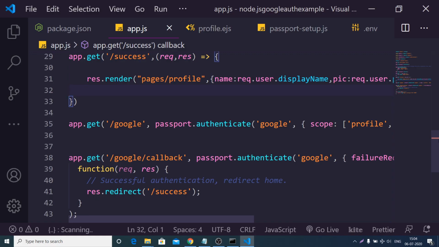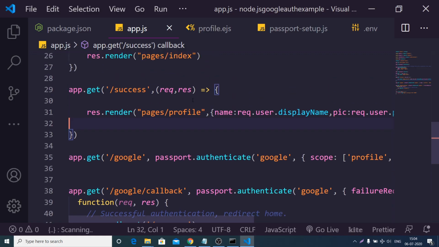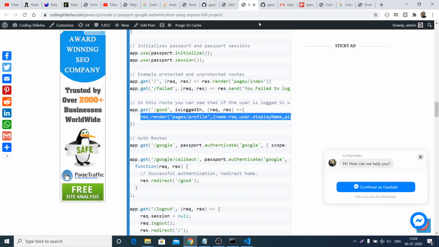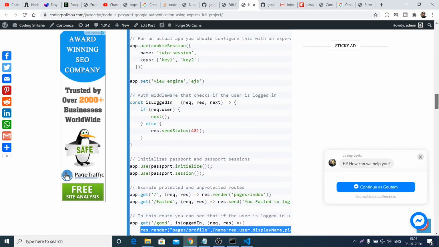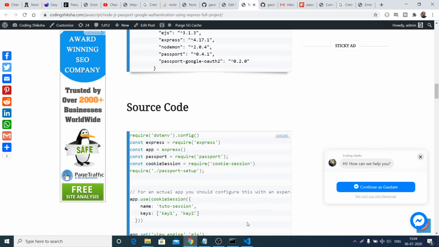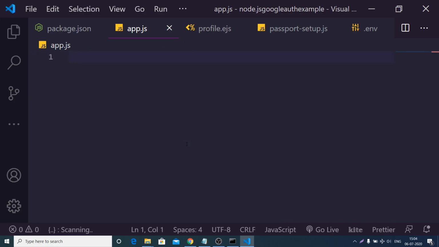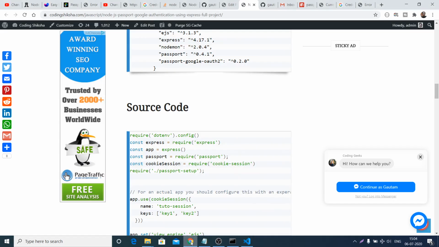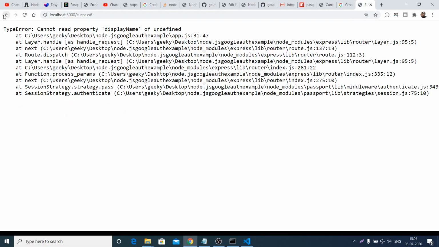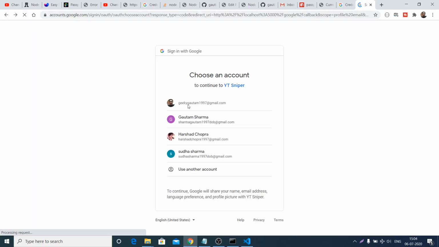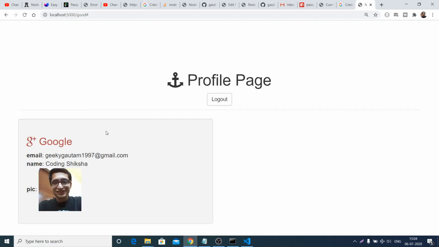We have redirected to /success. So here we need to get this information. Let me just copy the whole code here guys. Let me paste it and see here if it is working or not. And now you will see this is the email, name and the picture.